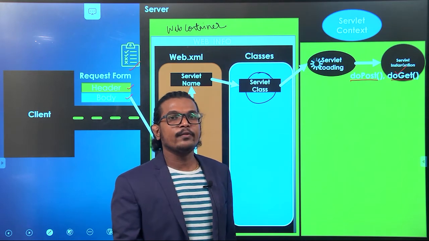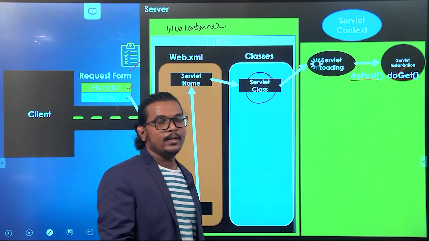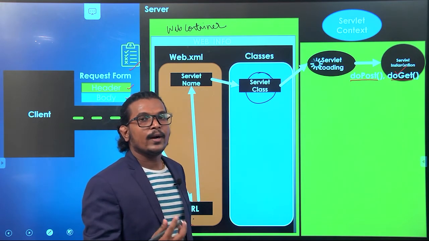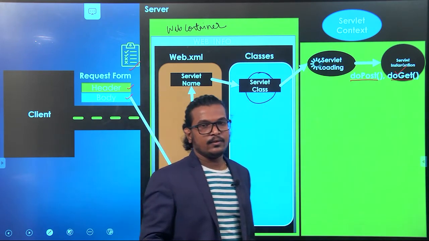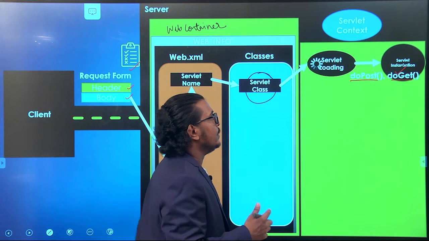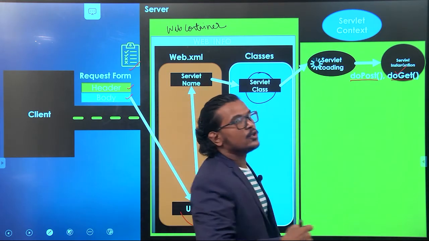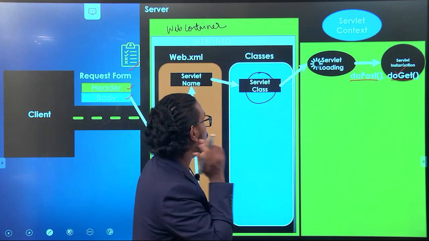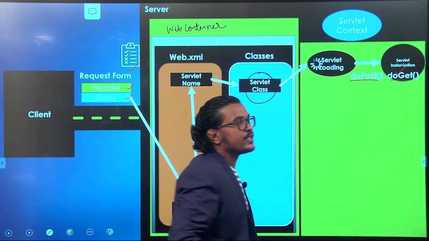So first we are loading that particular servlet into the memory if the servlet is not available. Once the servlet loading is done, we do the instantiation.